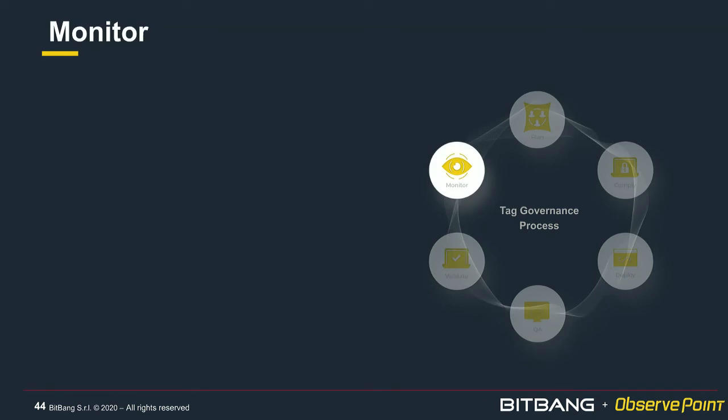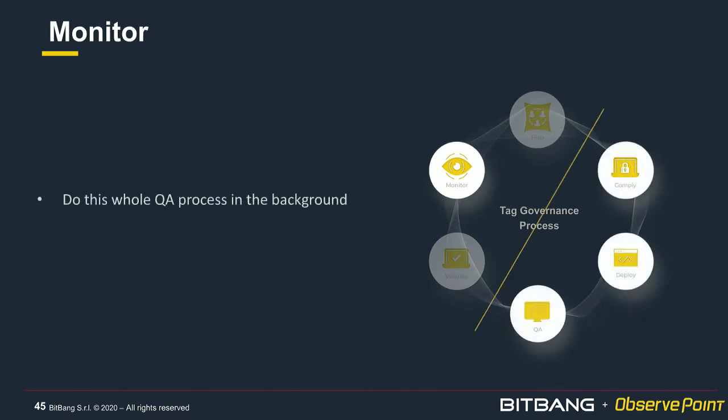And ObservePoint's automation features allow you to run all these very quickly on an ad hoc basis or on a regular basis. The ad hoc basis really fits into the earlier slide. So to the bottom right of that cycle, those are the ad hoc. You do your testing as and when appropriate, for example, at the end of a sprint or when a bug is found. But the monitor, so that top left highlighted bubble there, monitor is about running things as background checks